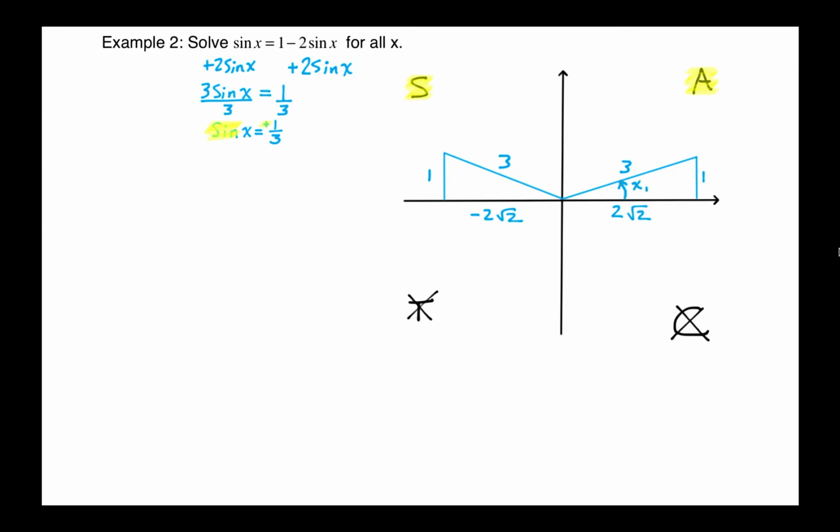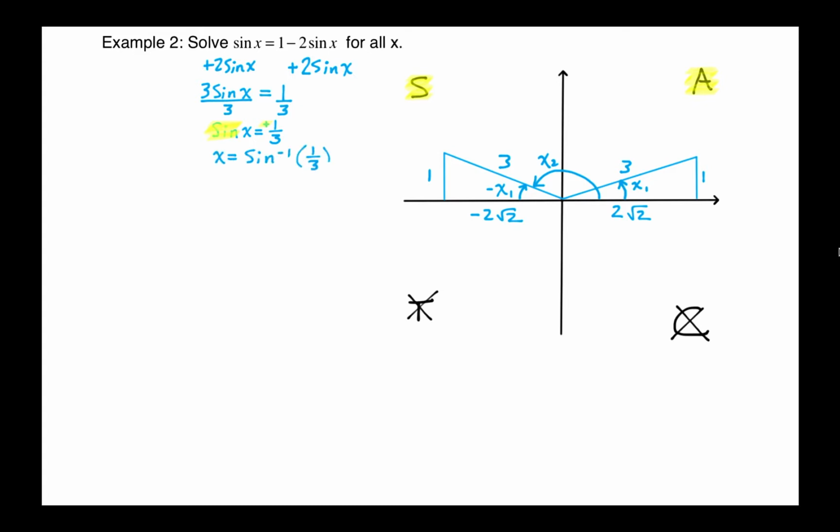So now there's a first solution here in quadrant 1, and if I had to guess in degrees, it'd be somewhere around 20 degrees. In any case, it's not a special angle. And the second solution is here, and you'll notice that it's got the same reference angle, so we could subtract angle 1, x1, from 180 degrees if we're working in degrees, or